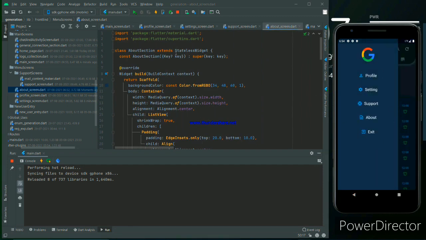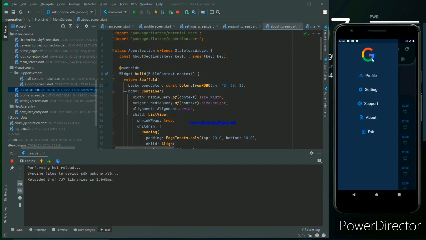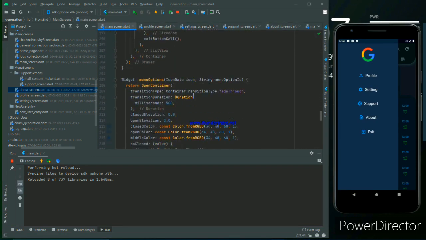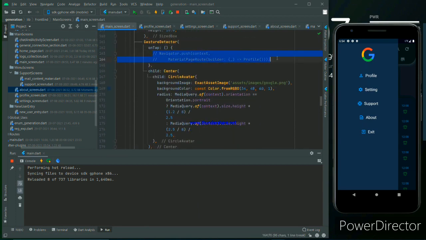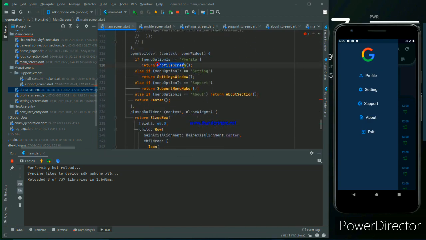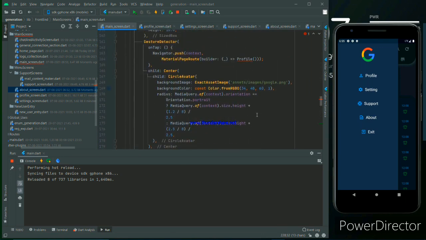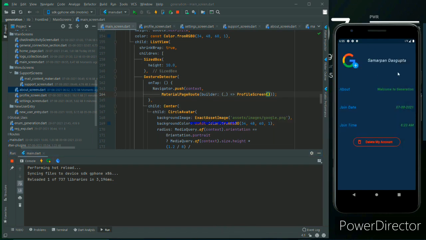And exiting will close the app, and I can show you here, because all the things are completed, the profile screen is completed. And one more thing, if we click on that Google icon, it will switch to the profile screen. Okay, but we have to make it, just a minute. Profile screen, okay, take a save or hot reload on it. And if the user by default clicks on that icon, it will totally go to the profile screen.